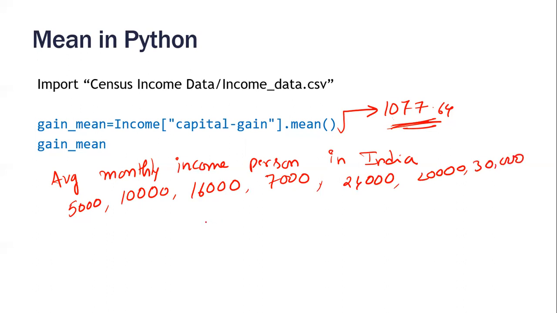What if I tell you the average monthly income of a person in India is 75,000 per month, including villages, including small towns, big towns, east, west, north, south. If you calculate the average value, you will get 75,000 per month. Will you believe this? Does that seem correct? No, sir. It seems extremely wrong. It's impossible to be that much, isn't it?